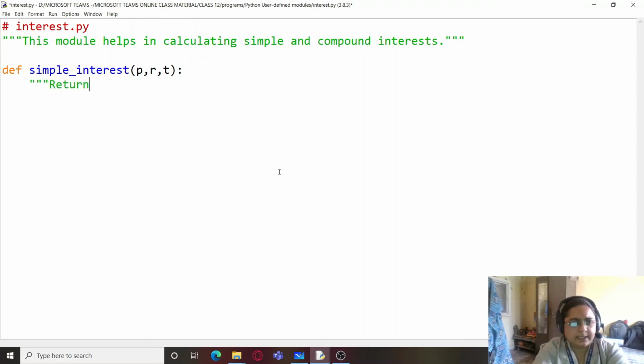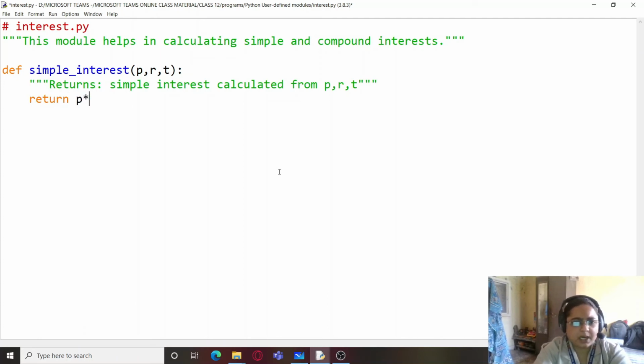It returns simple interest calculated from PRT, that is, from P, R and T. And how do we return it? Simply return P into R into T divided by 100.